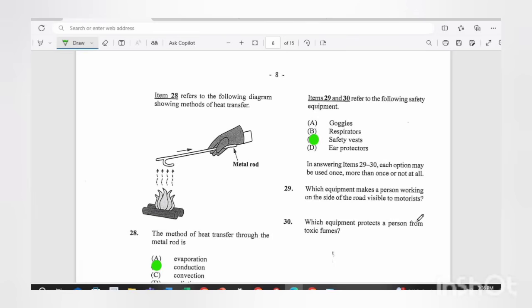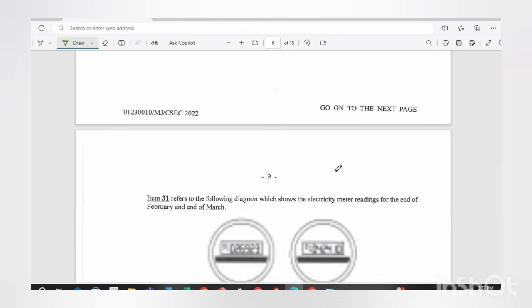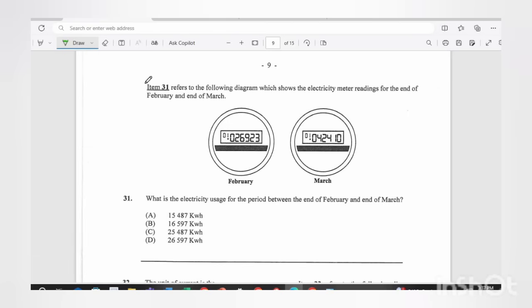Which equipment protects a person from toxic fumes? If you answered goggles, you're incorrect. If you answered ear protectors, you're also incorrect. The answer there is respirators. Question 31. Item 31 refers to the following diagram, which shows the electricity meter readings for the end of